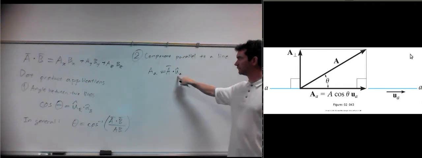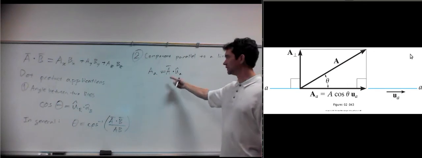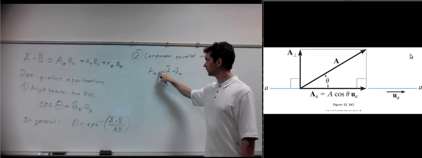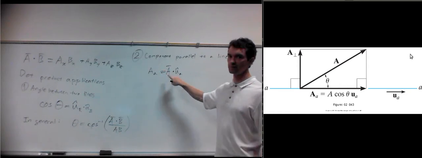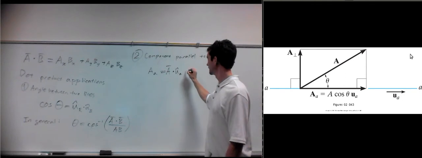This one has to be a unit vector in order for this to be true. So here we've got a scalar. Remember, the dot product of two vectors is going to give you just a number. So this isn't a vector. This is the same as